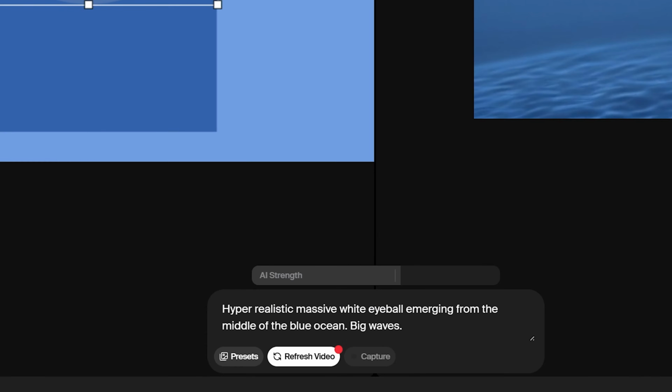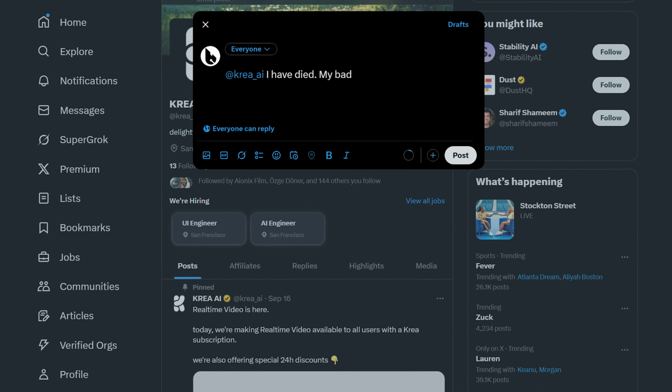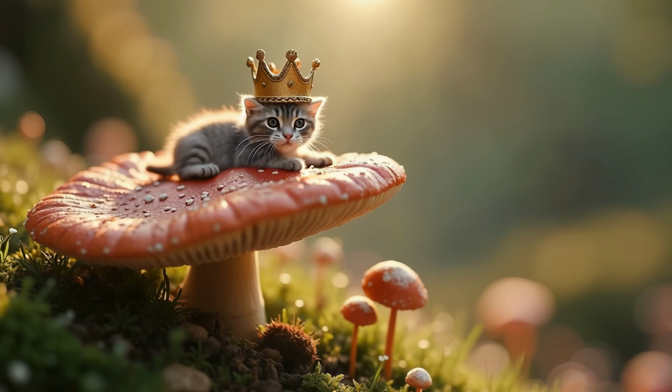One thing you'll learn quickly is that you need to hit the refresh video button quite often, and even with that, the interface will often check to see if you have died. Please do let Krea know if you have in fact died. The last detail to worry much about at the bottom right is something called post-roll. I don't know what that is, so I keep it on short.